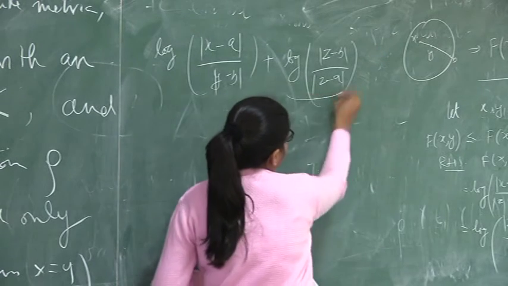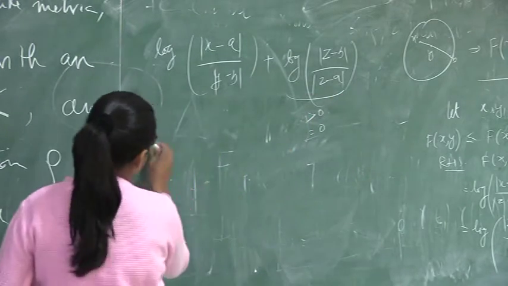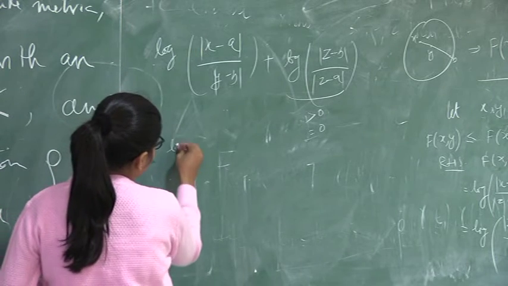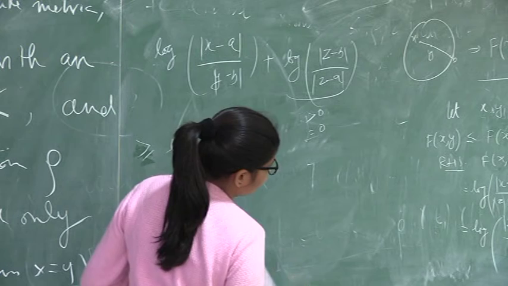Now either this is positive or this is 0. So here we get this is greater than or equal to log x minus a, sorry,